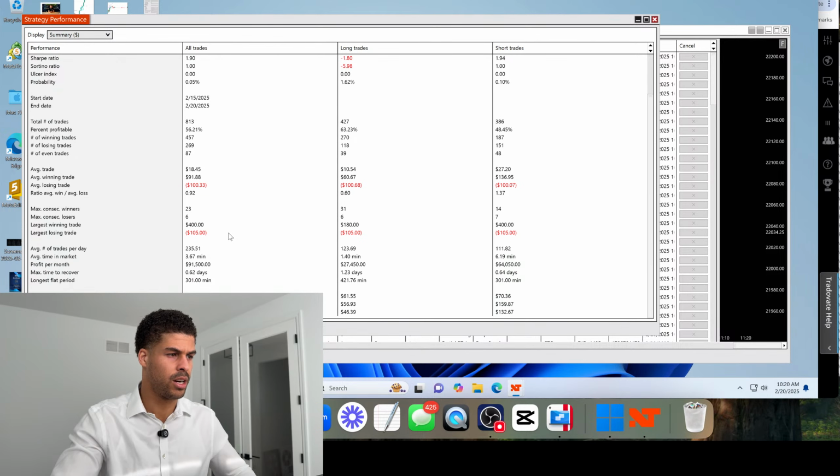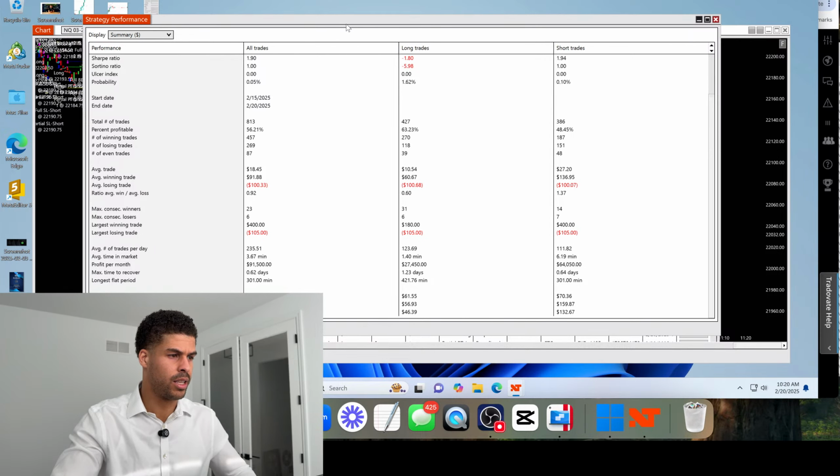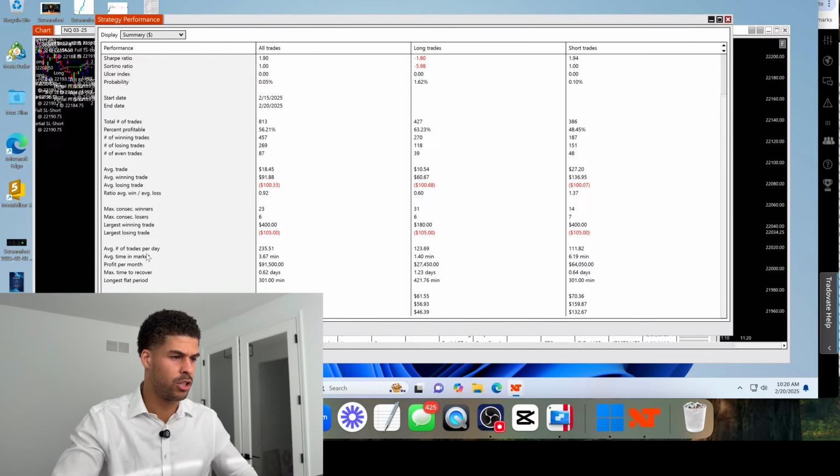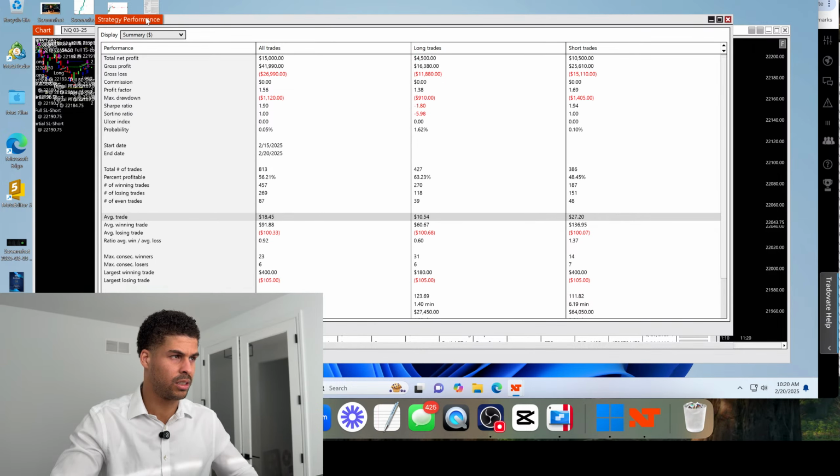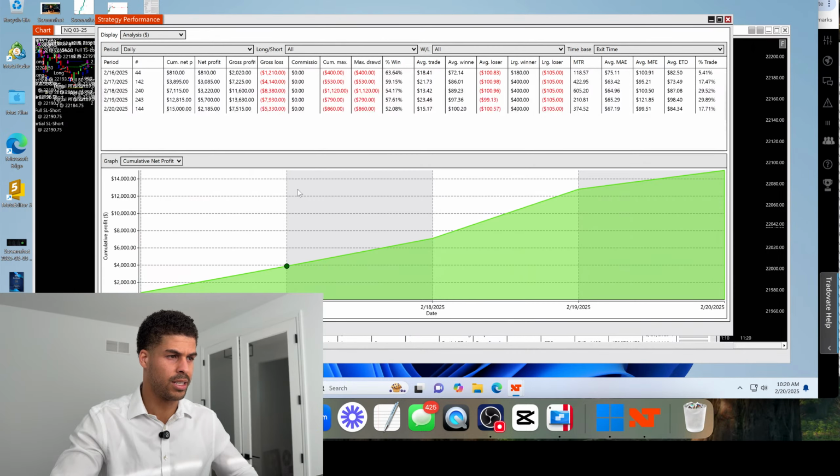So average win. Here is what we have, 200 trades a day. Good God. I mean, if this thing works, it works. So average winning trade is about $91. Our losing trades are at 100, which is fine. I'll take that. 200 trades a day, and every time we take a trade, it's about $18. So here's what the math would look like on this setup specifically. From the 16th to today, which is 4 days, well, 5, 1, 2, 3, 4, and today, we'd be up about 15,000 or so.